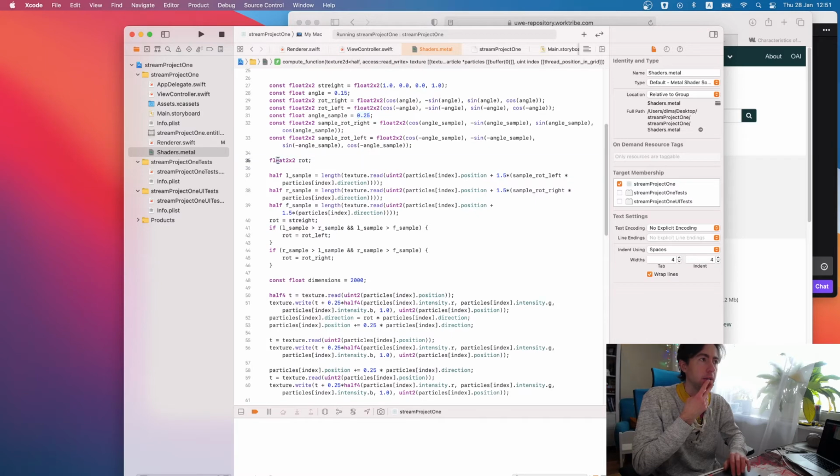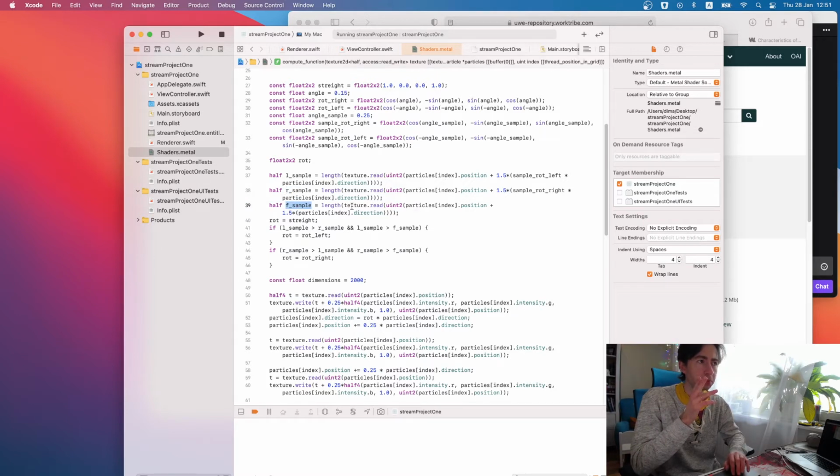Okay, and here I do samples. Here I do sampling from the left sensor, from the right sensor, and from the forward sensor.